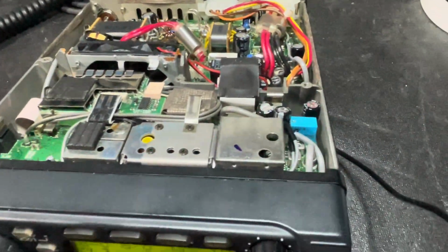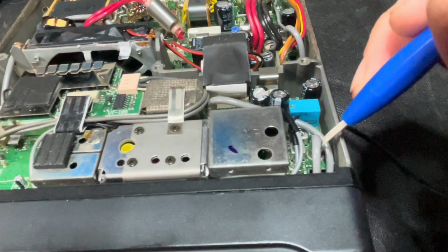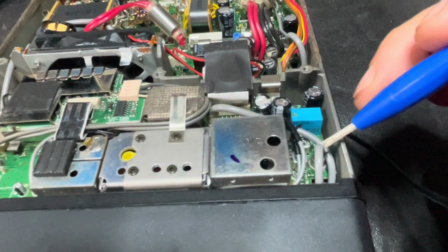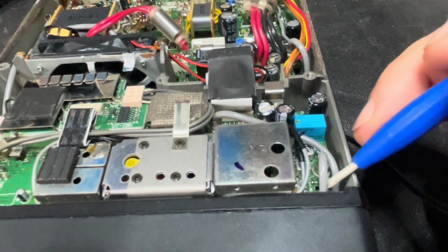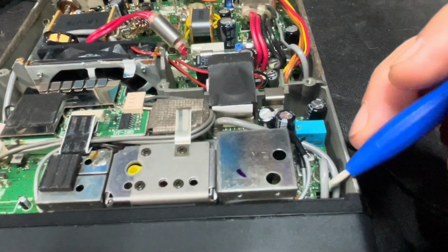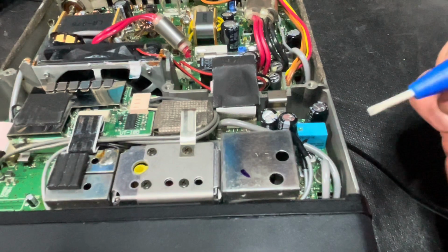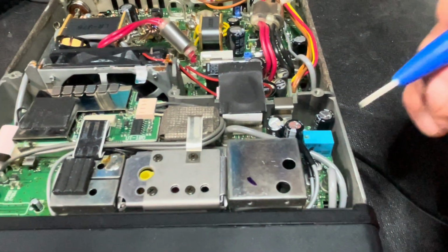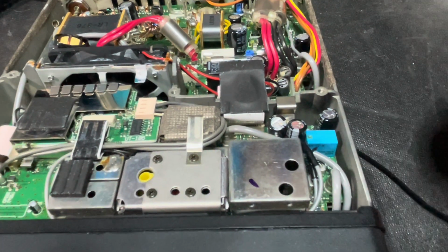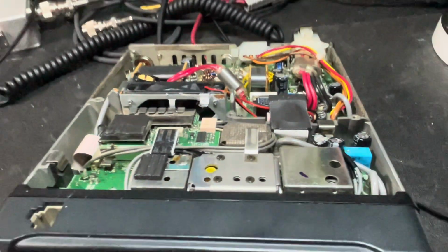Oh, if you have to make an adjustment to your reference frequency, P681 here is this coax, which is your reference point to hook up your counter to, but you're going to have to disconnect it from the other side on the main board. I disconnected it from the main board and pulled it up through here to this side, to the PLL board, hooked up my counter, made my adjustment, then put it back through and hooked it back up to the main board, and that was it. So I'm glad it was an easy fix,